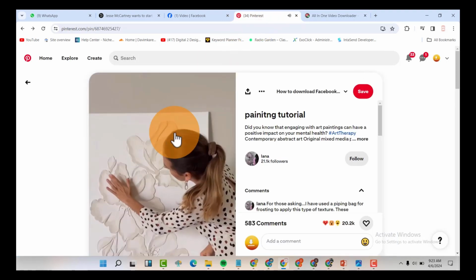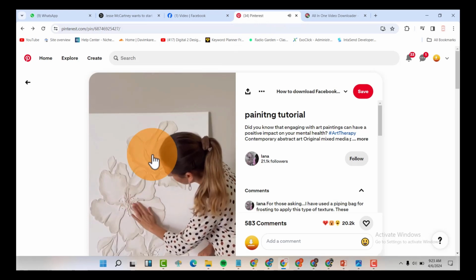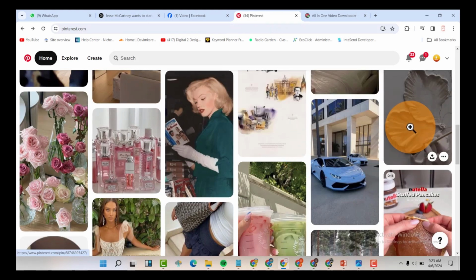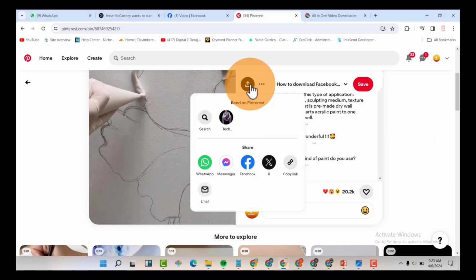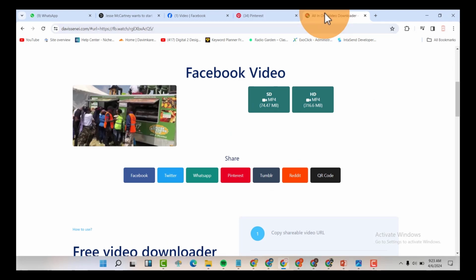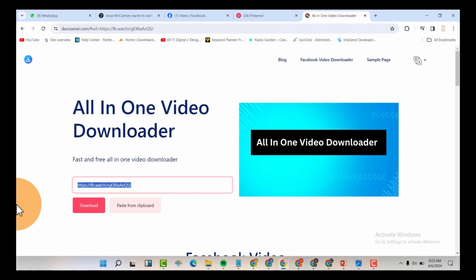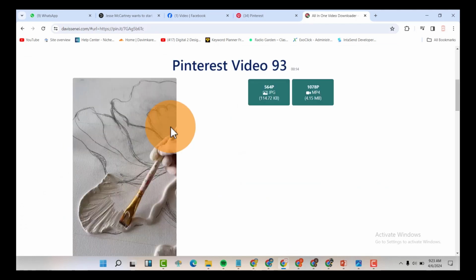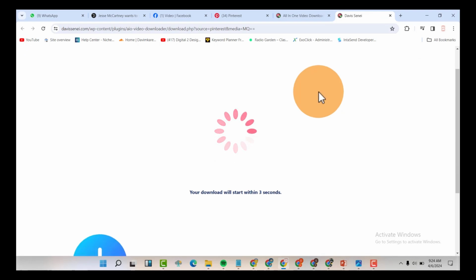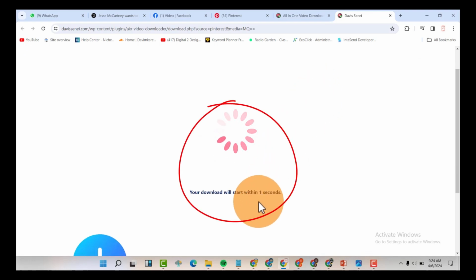And finally, let us test using this website. And now you can see that it also supports this website. It basically supports all the websites that you have seen below. So when you click on the download button, it will give you a countdown. Remember how we added the countdown?